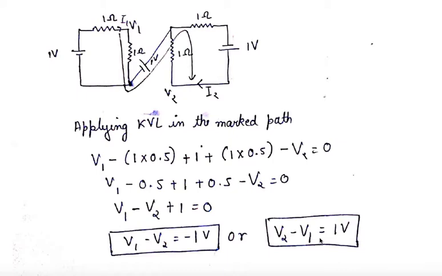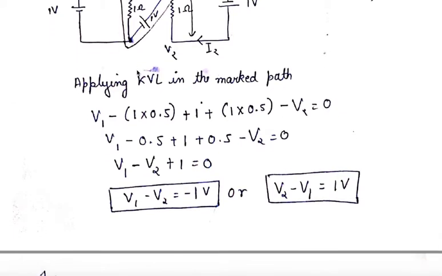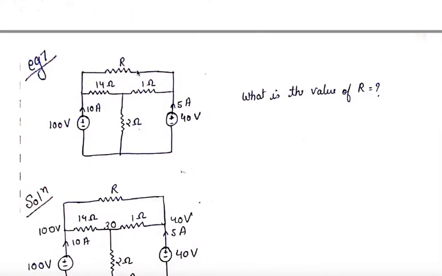So in these questions you are seeing we are doing nothing, but just putting one path, any path of your choice, it's not a problem. Some more equations you have to make, it's not that there is a particular equation you have to choose. Just start through any path and start figuring out things. Like in this question we have first taken out the values of I1 and I2, and then we have taken out the value of V1 and V2. Or directly you can first make the equation of V1 and V2, which is the main thing for this question, and then you see what all things are required to find V1 and V2, and then you can make separate equations for that. So this is how we used to solve the questions.